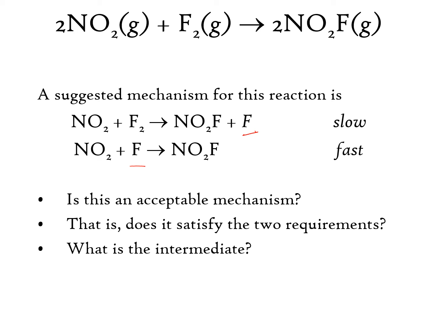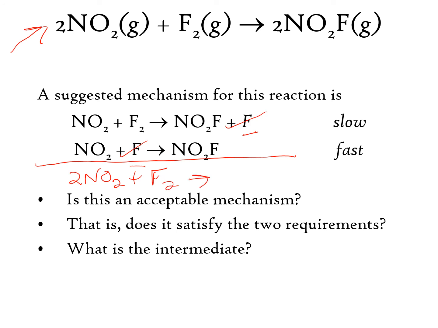So you're asked, is it an acceptable mechanism, and does it satisfy those two requirements? So remember the two requirements. One, when you add those two steps together, they need to give you the overall balanced equation. So looking at that, notice that we have the atom of fluorine cancel out. So we have two NO2s plus the fluorine gas to give us two of the product, 2NO2F. So this verifies that the proposed mechanism does give you the balanced equation, so it's a viable